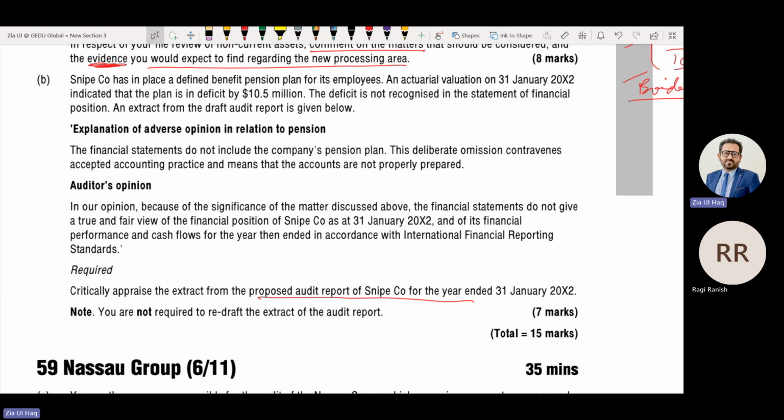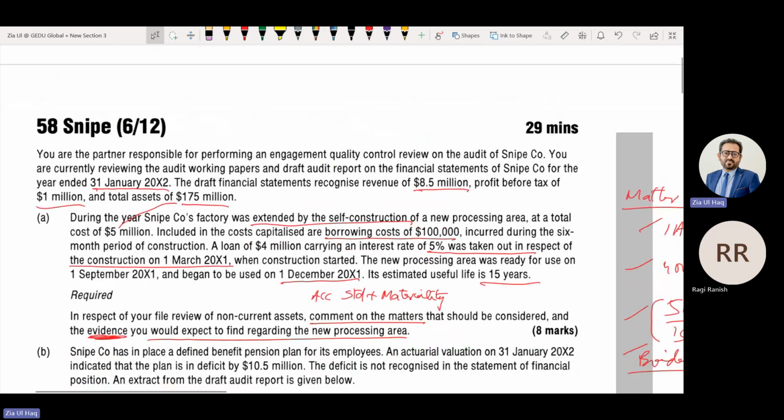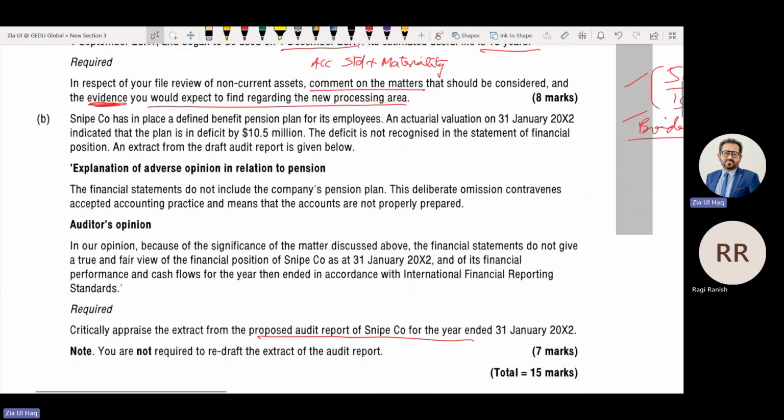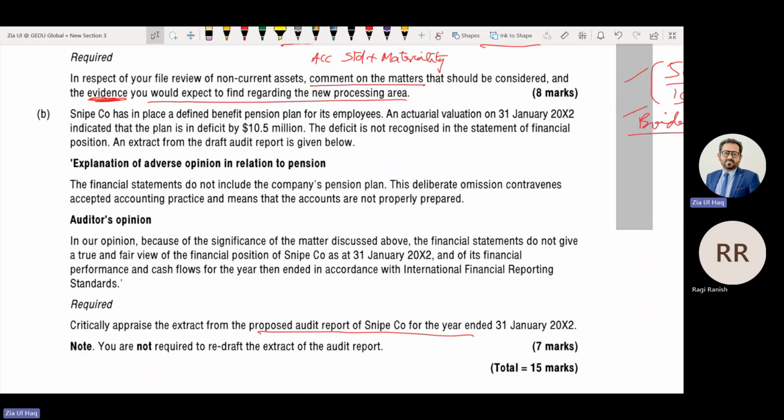An extract from the draft report is given below. If we discuss the $10.5 million materiality against total assets: the defined benefit plan deficit, they haven't recorded under other comprehensive income as well as liability. It's not an income statement item, so we should discuss it only against total assets. $10.5 million against 175 is about 7% and hence material.